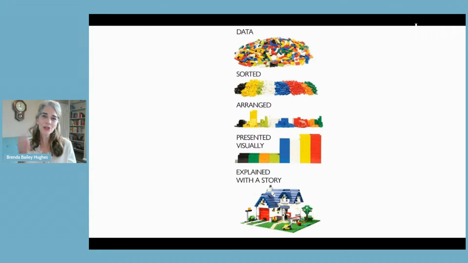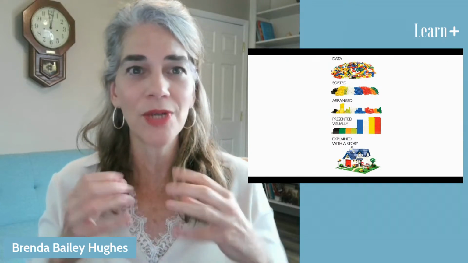And if you're trying to convince someone using that first visual of just a crazy data dump, you're not going to have any luck. People aren't going to hear you. People aren't going to be influenced by you. But if you take that same data, you get it organized, sorted, visually mapped, and you get a story behind it that flows and makes sense to people, now you're not just an evidence-based decision maker, which we want, but an evidence-based decision maker who is influential. And that is the essence of great leadership.